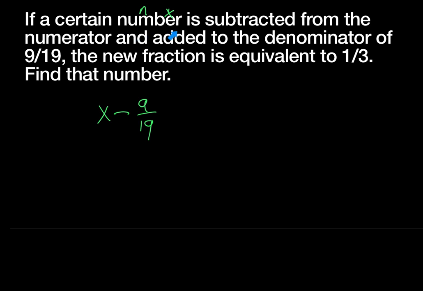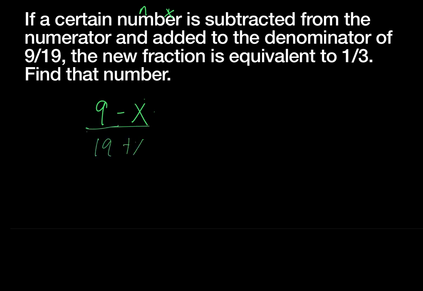It says this number is subtracted from the numerator and added to the denominator. Is that what we have going on here? No. 9 minus x over 19 plus x. So 9 minus x, I hear. When you're subtracted from, that means it'll be 9 minus whatever that is. What is subtracted from which one? So this numerator is 9 minus x. Some number is subtracted from 9. And then the denominator,